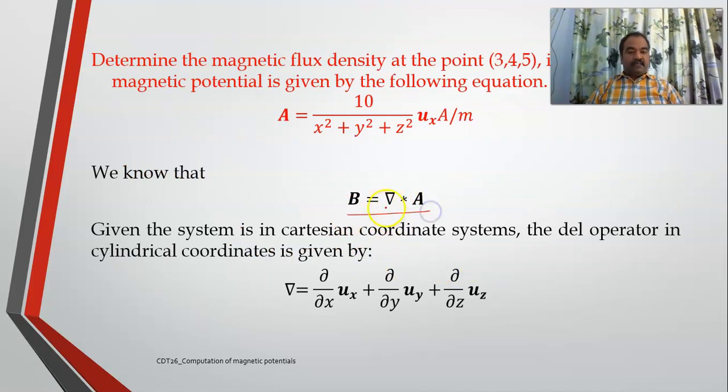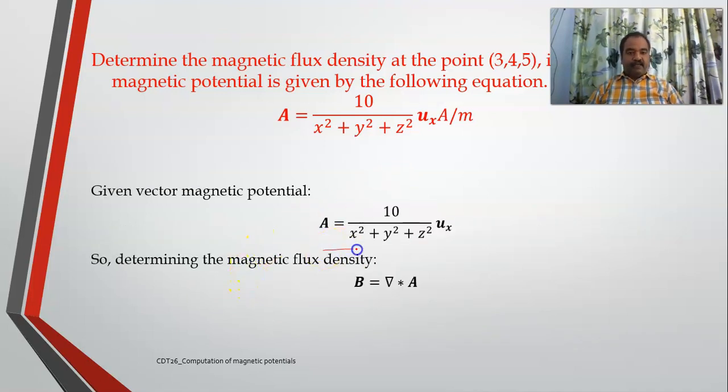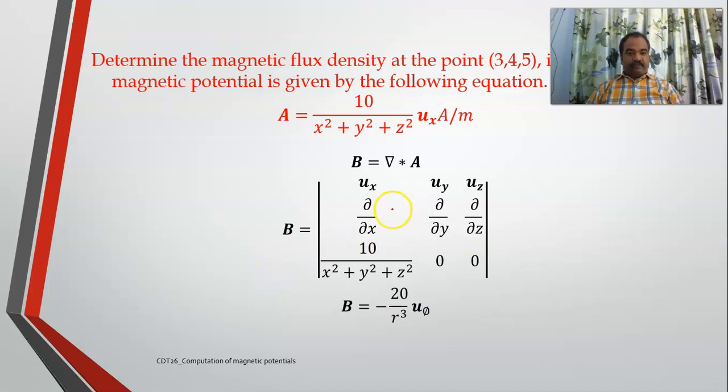So B is equal to del cross A, del operator, we know this del operator in x, y, z. So this is A already, which has been given for us. It is having only x component here, y component is 0 and z component is also 0. So B is equal to del cross A. So we have already tried this one. This is ux, uy, uz. This is del component and this is A component. So if you do this one, what you will get, this is ux into, right, 0 minus 0